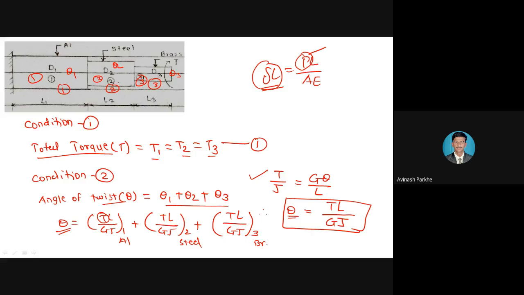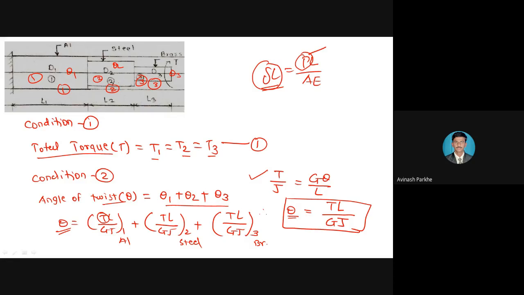If only 2 shafts are connected, capital theta is equal to theta 1 plus theta 2. If 4 shafts are connected to each other along the length, then capital theta is equal to theta 1 plus theta 2 plus theta 3 plus theta 4. Like that, we have to make the addition. So this is the last type based on composite shafts, in which we solve problems for shafts connected in series, calculating the separate shear stresses induced in each shaft and the total angle of twist.